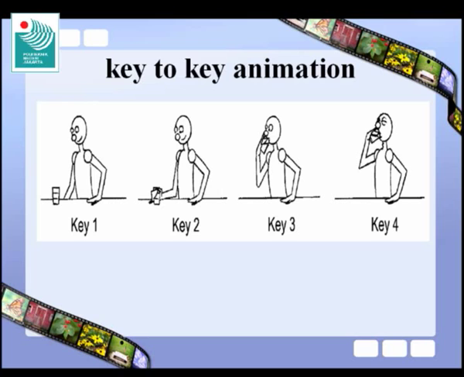It also means you have control over the timing of your animation, and can more easily predict what action will happen, when and where. By line testing the keys, you can see the basic movement of a sequence before completing the full animation. This is an example of